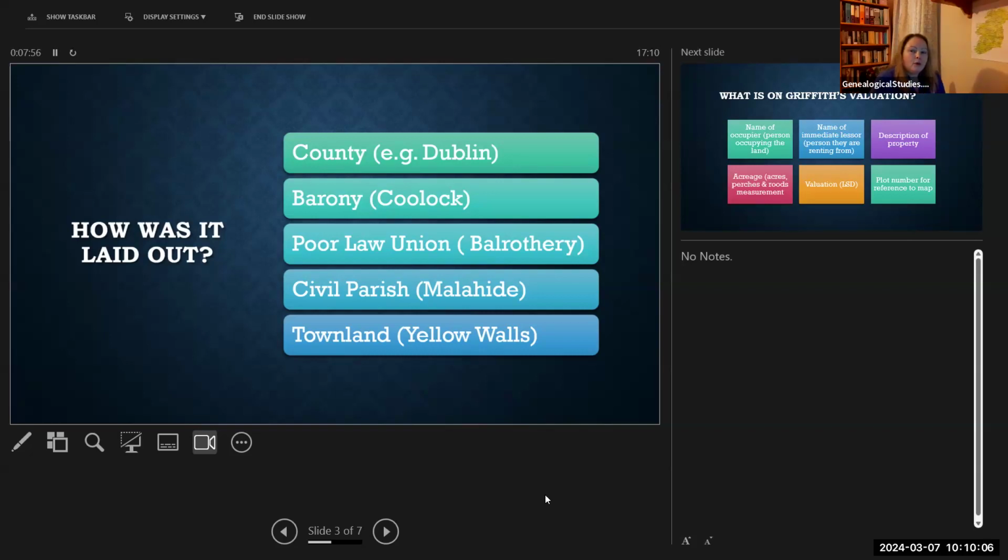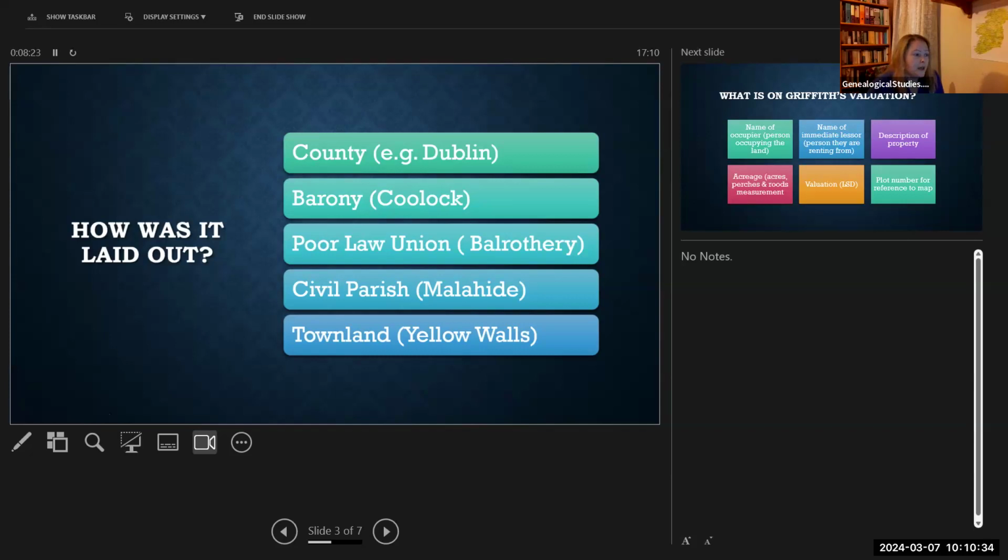If you don't know where your place is, and I know I say this every time we meet, you need to have a good sense of where you're looking for, because there are townlands that have the same name in different places in Ireland. And so if you don't already know that, you should look at the swilson.info website that we've discussed before, the Townland Index. And I'm going to pop that URL into the chat now.